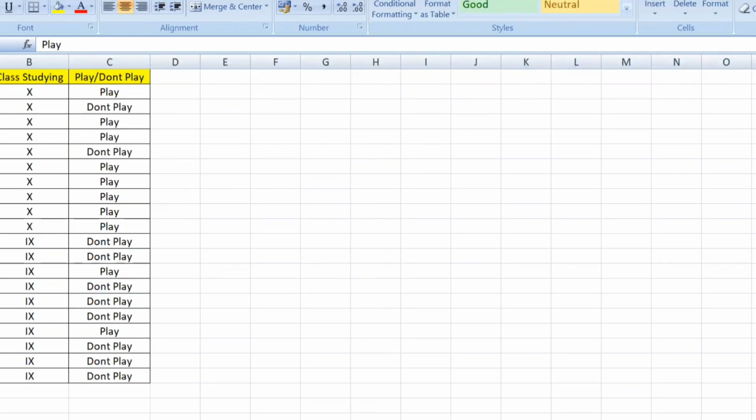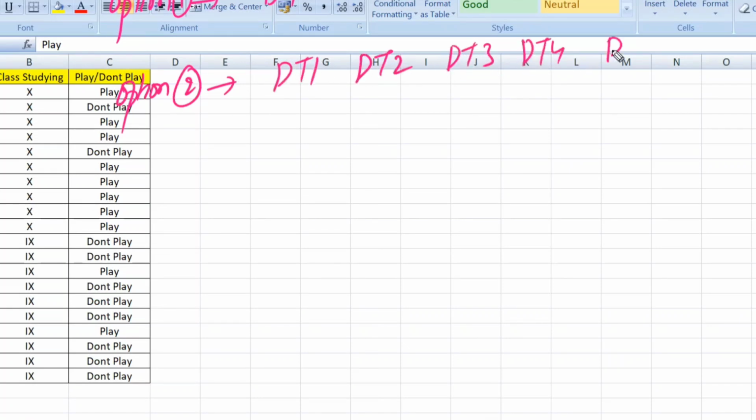Option number 1 is a single decision tree, which is the decision tree algorithm. Option number 2 is random subsets and creating multiple decision trees: DT1, DT2, DT3, DT4, and DT5. These are the 2 options you have. That is option number 1 and this is option number 2. Now, there is new data. The new data is: the student is above average and in 10th class, will he play or not play?